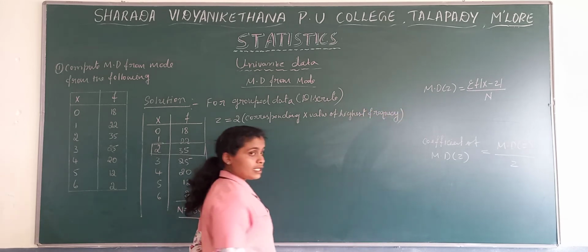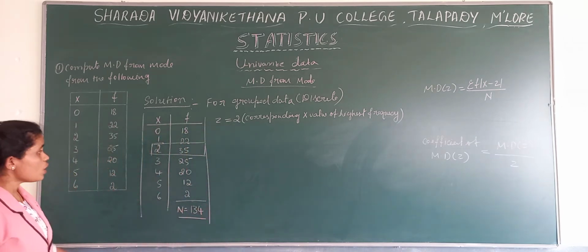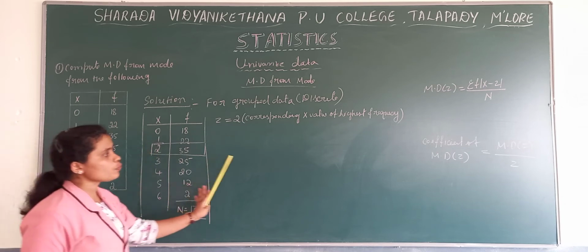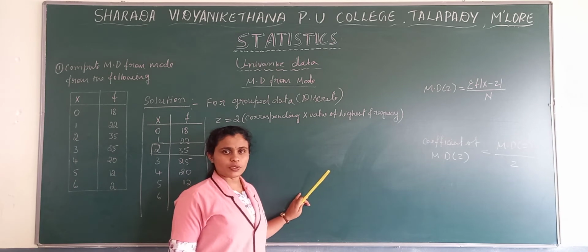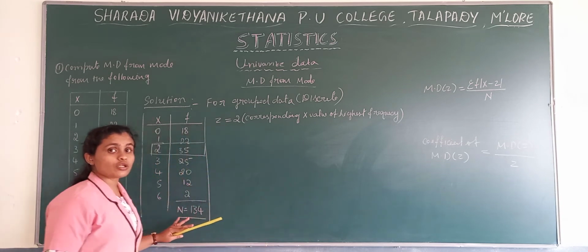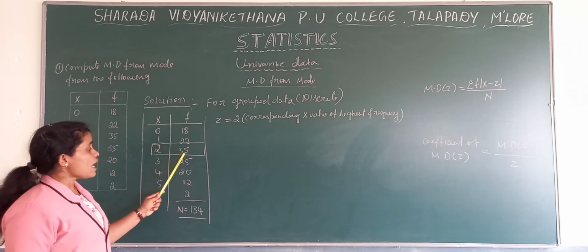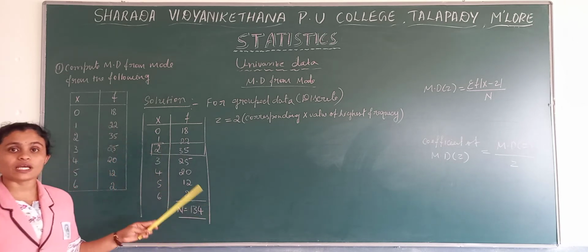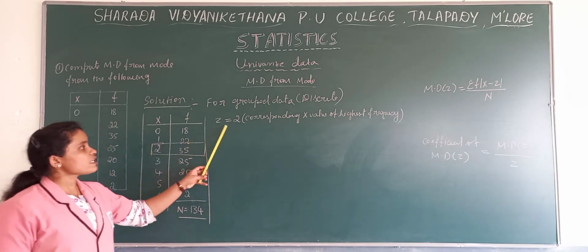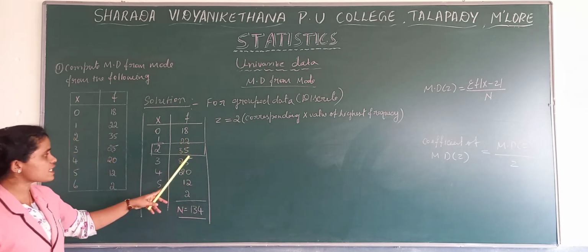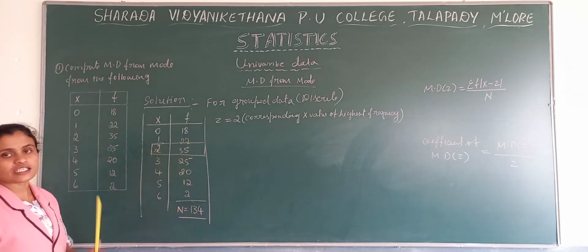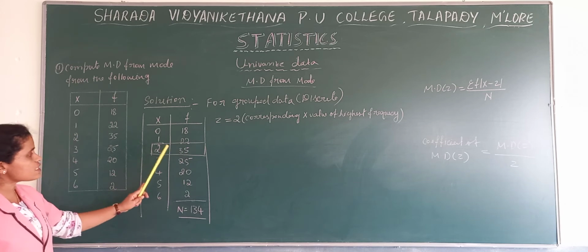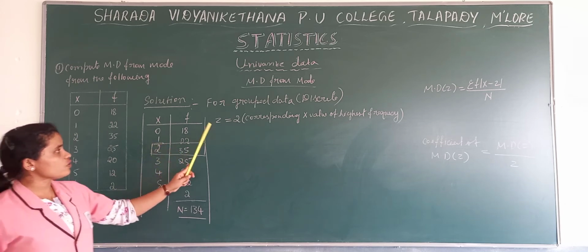This you have studied already. In case of discrete, how to find the mode? Which is the highest frequency? The corresponding x value is your mode. In case of ungrouped data, the most repeated value is your mode. But in case of continuous, what you have to do? There, the highest frequency row will be your modal class. Then you need to apply one more formula in order to find the mode. Here there is no formula to find the mode in case of discrete. It is the corresponding x value of the highest frequency. Firstly we need to see the list of frequencies to find the highest frequency. Here it is 35. The corresponding x value is our mode.